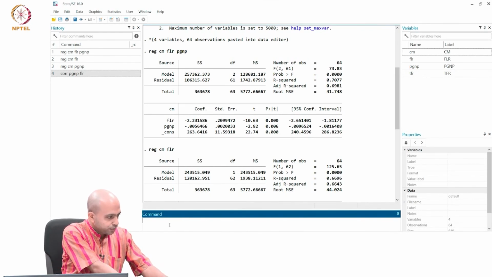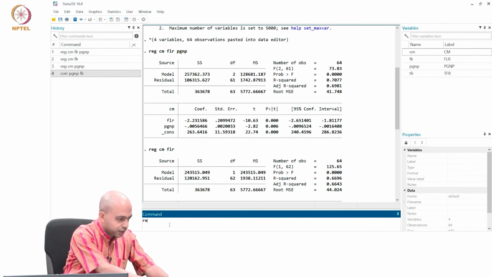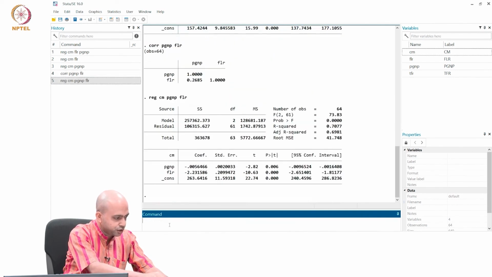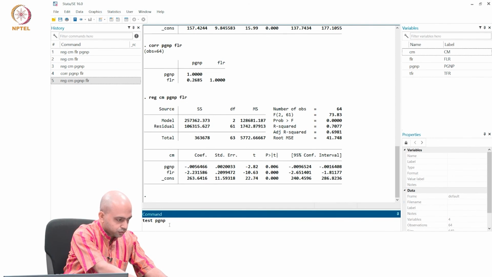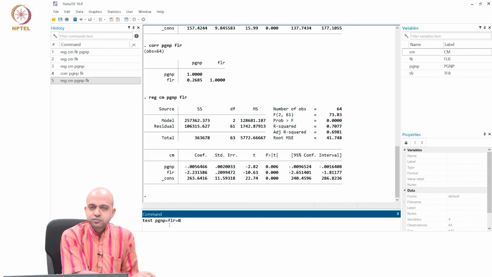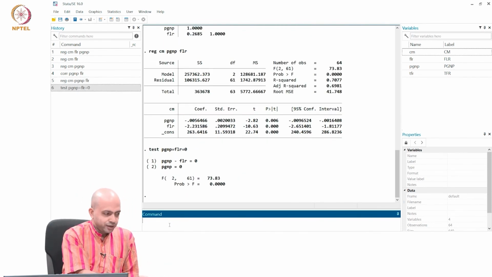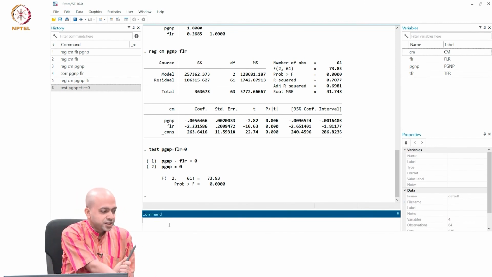So, if you estimate the model once again, CM, PGNP and then FLR, this is the complete model, and now you have to put the test command, test PGNP equals to FLR equals to 0. This is the command. If you press enter, then you see Stata is also reporting you the F statistic and the value is